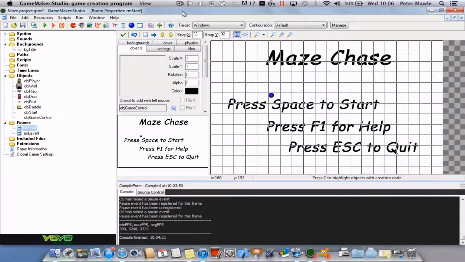Now we're going to change the life system slightly. At the moment we can keep dying and we'll lose a life, but it's quite happy to go into negative figures. So we just need to tweak that so when we run out of lives we get a game over message and it takes us back to the title screen. So go back to your object player, OBJ player,